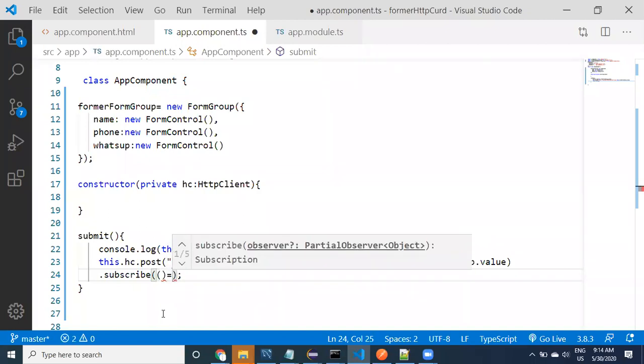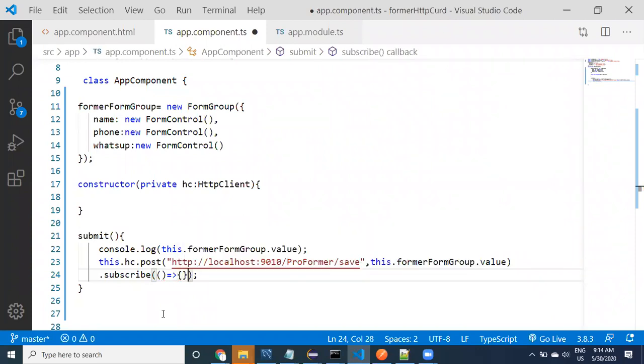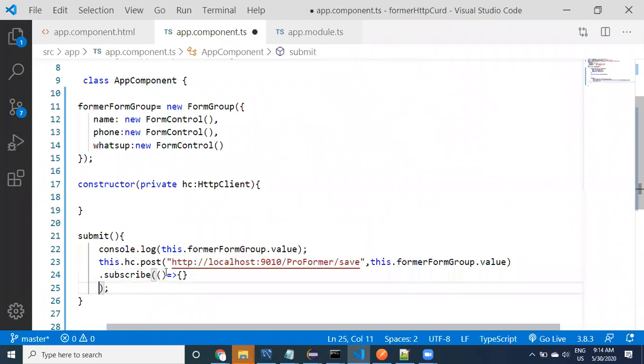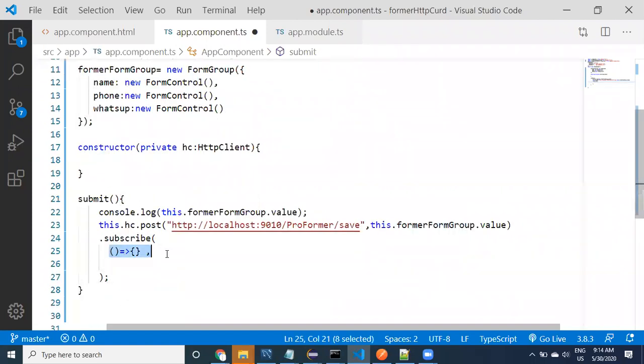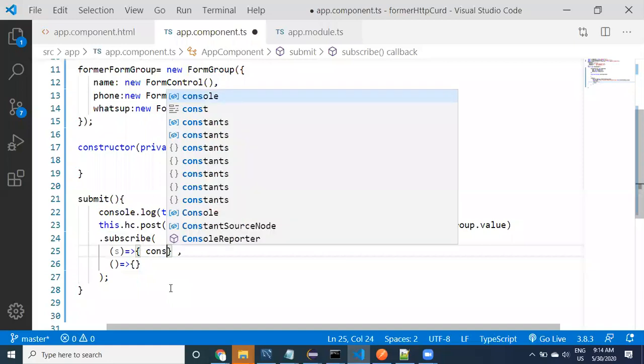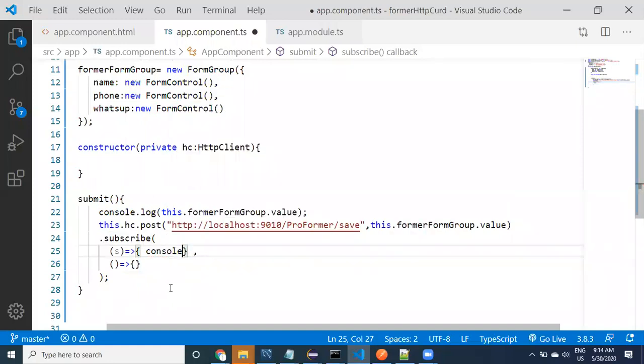Within the subscribe, I'm going to provide two functions. This is one function and this is another function. For any method you call from HTTP client, you have to use the subscribe method, and that subscribe method takes two methods.